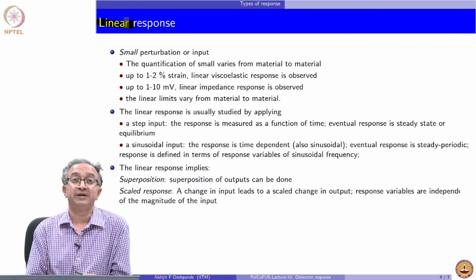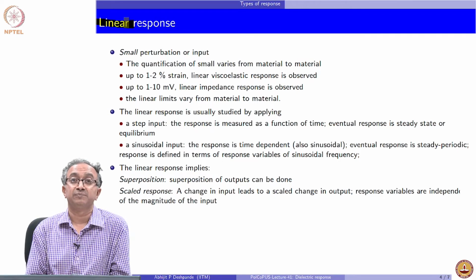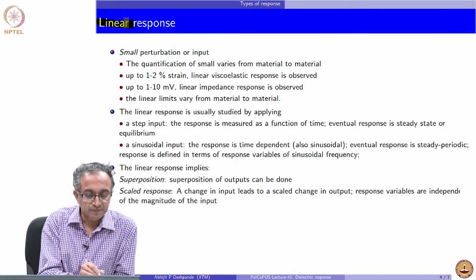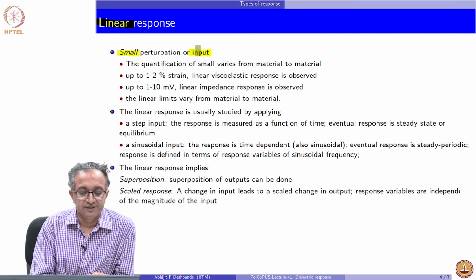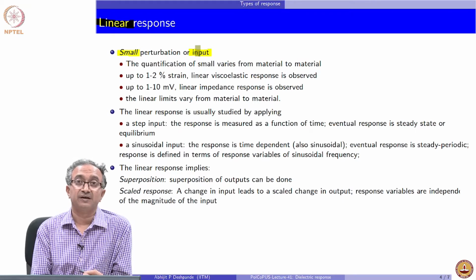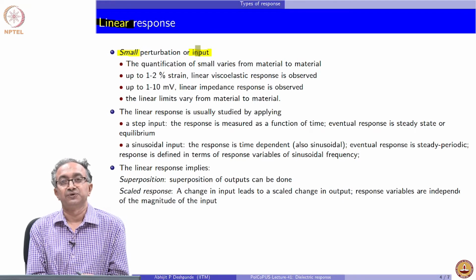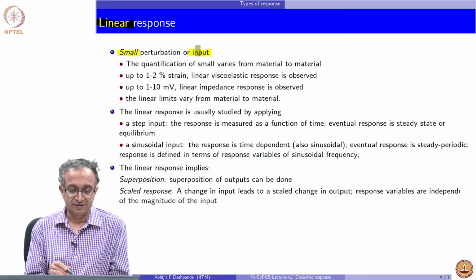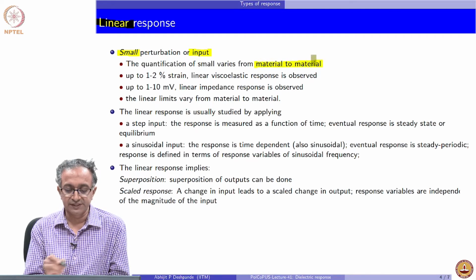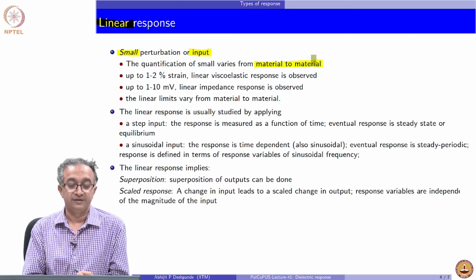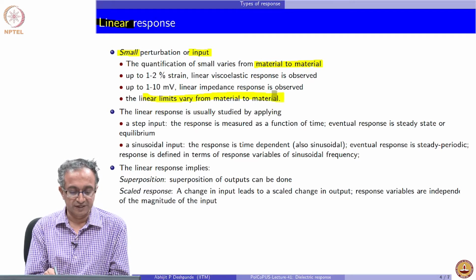So, what do we mean by linear when we talk about response of materials for our course purpose? The input or the perturbation is small. How small? That depends on the material. The only thing critical here is that the linear limits vary from material to material, because